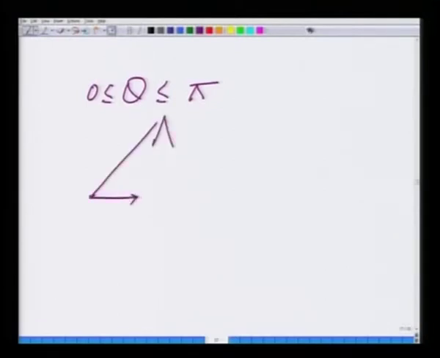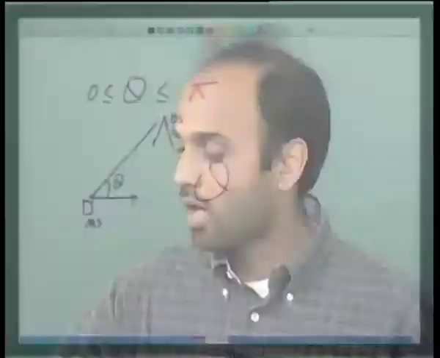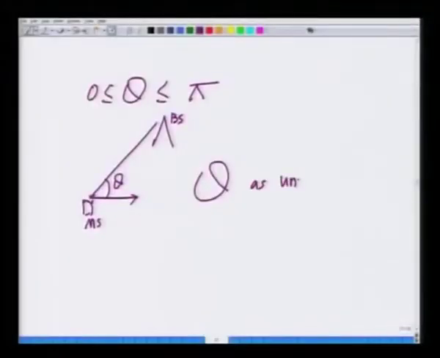if the mobile, let us say this is the mobile, this is the base station, this angle is theta. So, theta can lie between 0 and pi. So, theta is a random quantity depending on the direction of the velocity and the line joining the mobile station and base station. Theta can lie between 0 and pi, hence we will assume theta as uniformly distributed